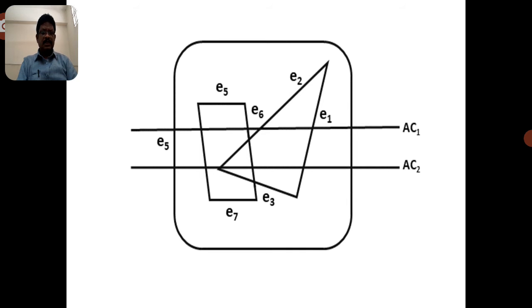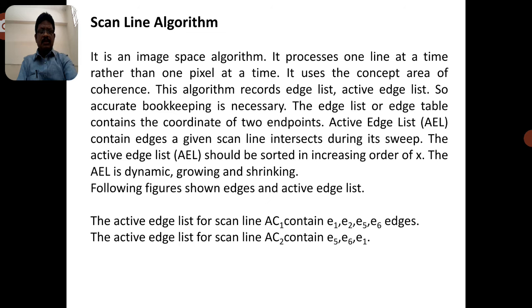Now identify that AC2 is also set at some intersection points, that is E1, here E7, and E5 also. So we have to take some edges and some vertices into consideration. All the edges should be configured with these two polygons and operated on these two lines, AC1 and AC2. Now you may observe this particular edge table.